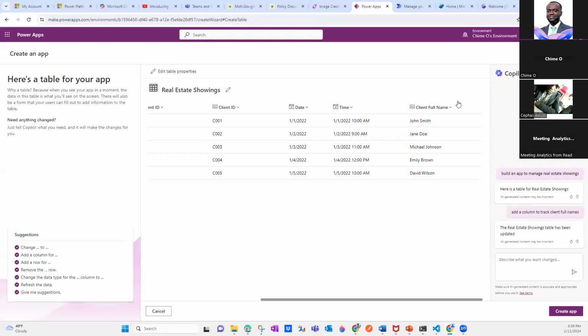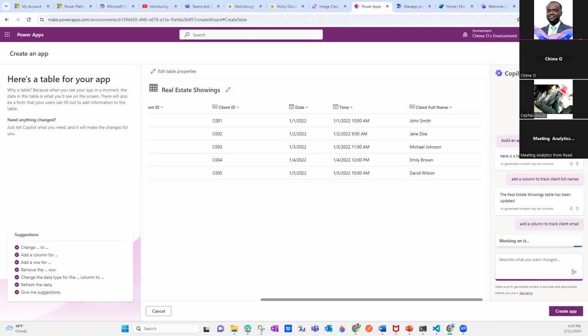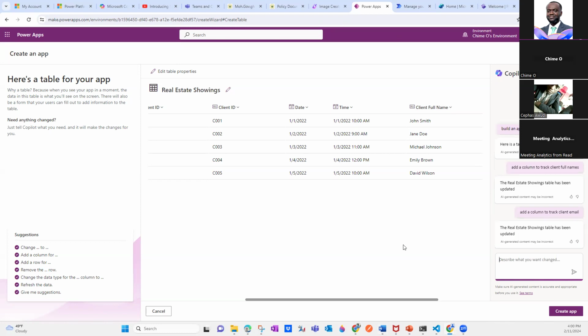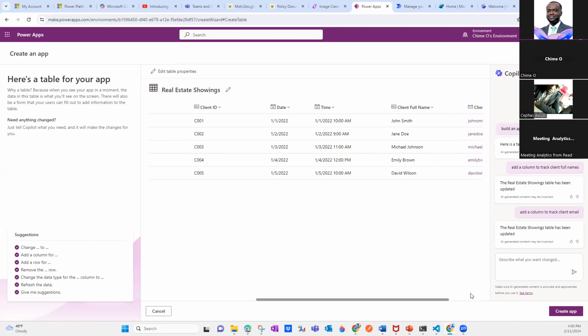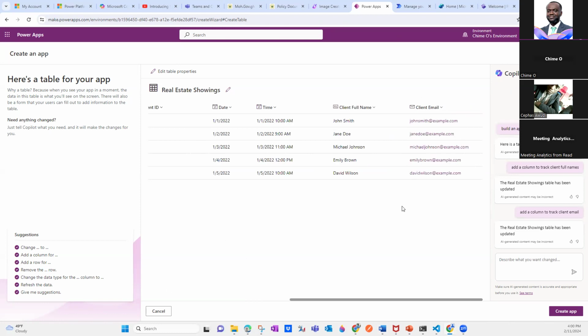Also, I want it to be able to add a column to track my client's emails. Conversational. It will go off and curate that column in the table for me. If I click on the right-hand side, you will see that I've also got a client's email.